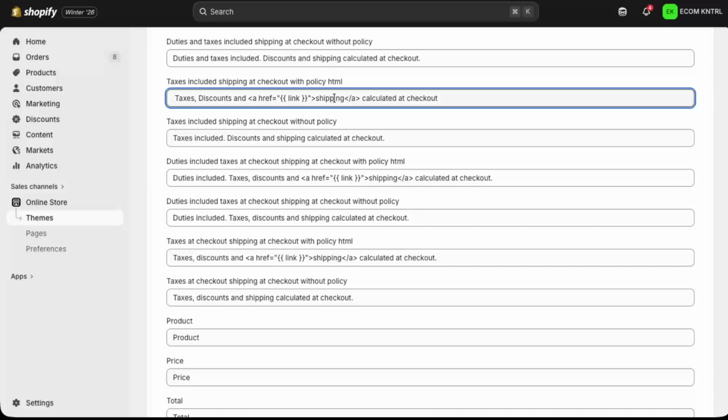This is where Shopify stores the shipping calculated at checkout message, sometimes along with extra policy text. Delete the existing text in that field. If you'd like to replace it with your own message, you can type something clearer for your customers, like free shipping on all orders, or shipping calculated before final payment. If you don't want anything to appear there at all, simply enter a single full stop so the field isn't